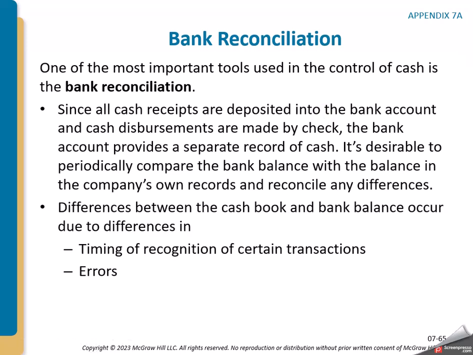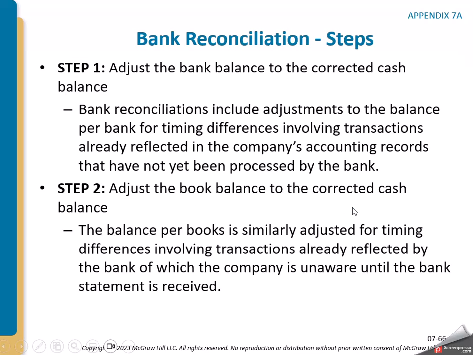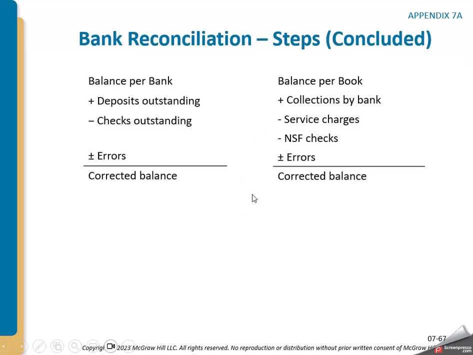Another internal control procedure that deals with cash is our bank reconciliations. This is in the appendix, but I do think it's important to understand bank reconciliations. So you'll have some questions on your homework and your quiz and your test. In a bank reconciliation, we take the balance per the bank and compare it to the balance per the books, and we recognize that there are going to be some differences, and we have to figure out what those are. So we first look at our balance per the bank, we look at our balance per the books, and then we adjust them. This is our common way.